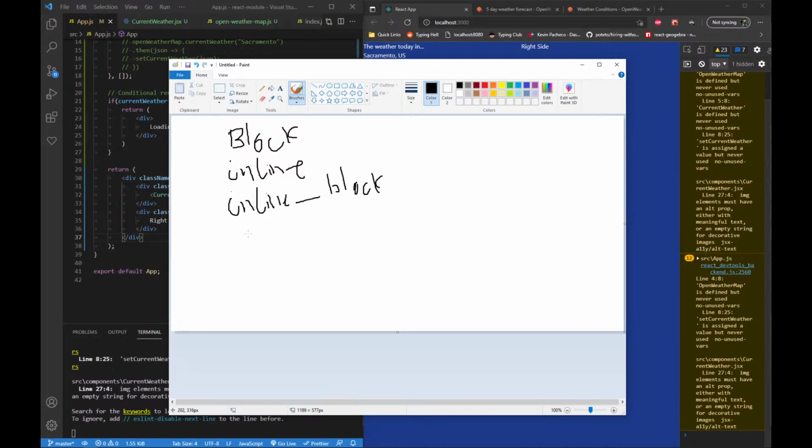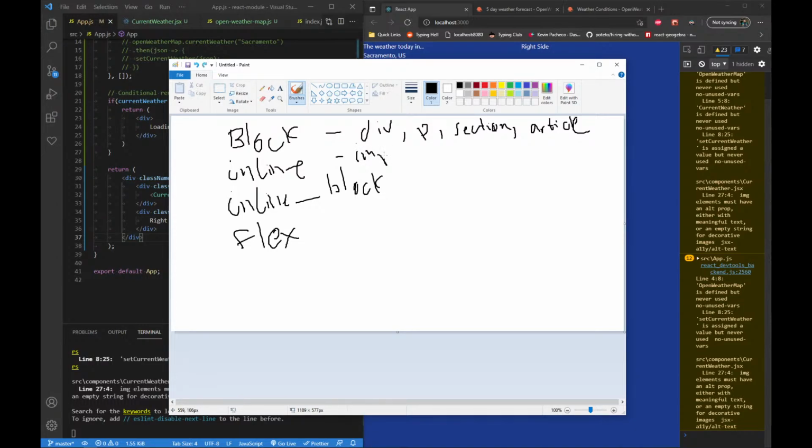And now we learned a new one, flex. Okay. So blocks are examples of like divs, p tags, sections, article, these tags. Inline are examples of like images. So the img tag,